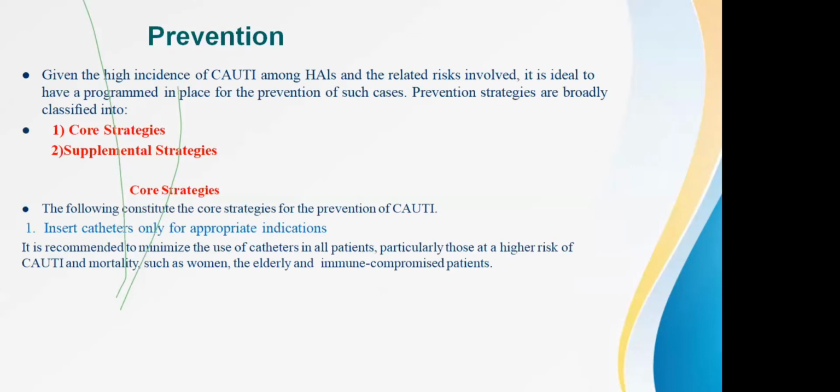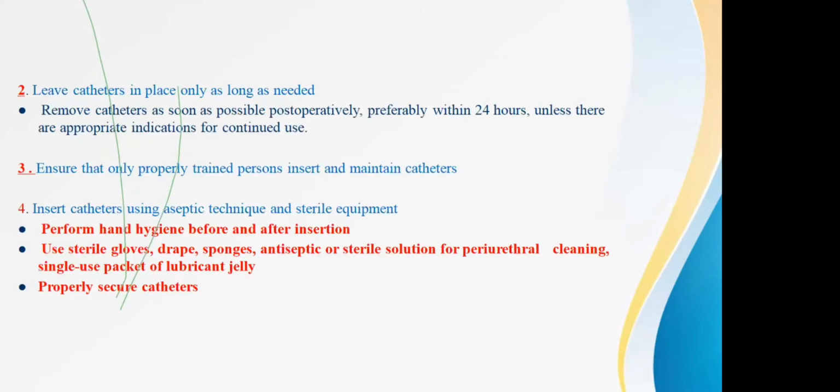Moving on to the prevention core strategies and the supplemental strategies to avoid catheter-associated urinary tract infections. First and foremost, at the pre-analytic stage, when you are inserting the catheter, what are the indications you are giving for the catheter insertion? What about the particulars of the patient? Is it a high-risk patient? Does he or she require it? Is it a proper indication? Or an immunocompromised patient, what is the criteria, what is the indication for inserting the catheter in a particular patient? So you remove the catheters as soon as possible.